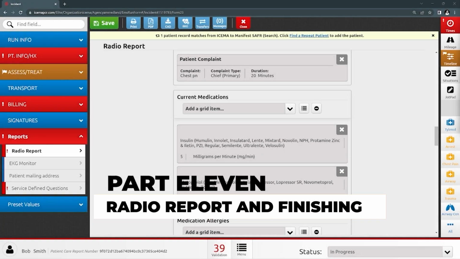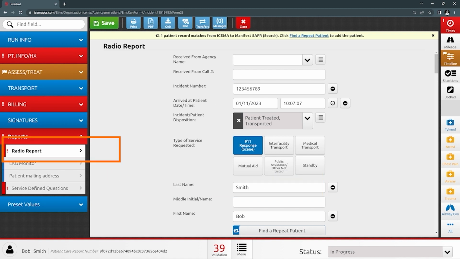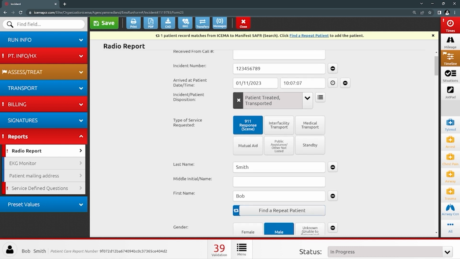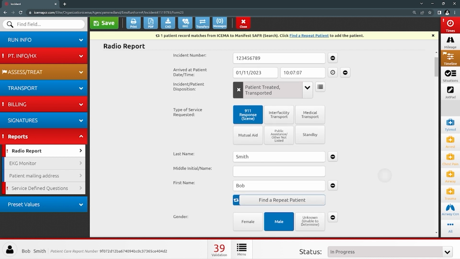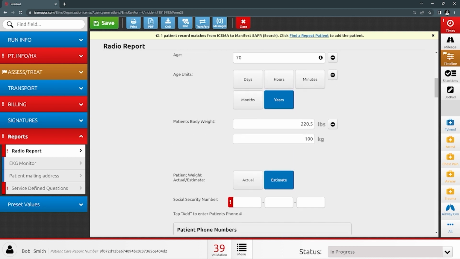Okay, all that being said, there's this radio report section here, and if you didn't know already, you can run the entire call from this field right here. When you click on radio report, you can scroll down and you can see all kinds of information. You have your incident number here, the disposition, the time that you arrived at the patient's demographics are all here,